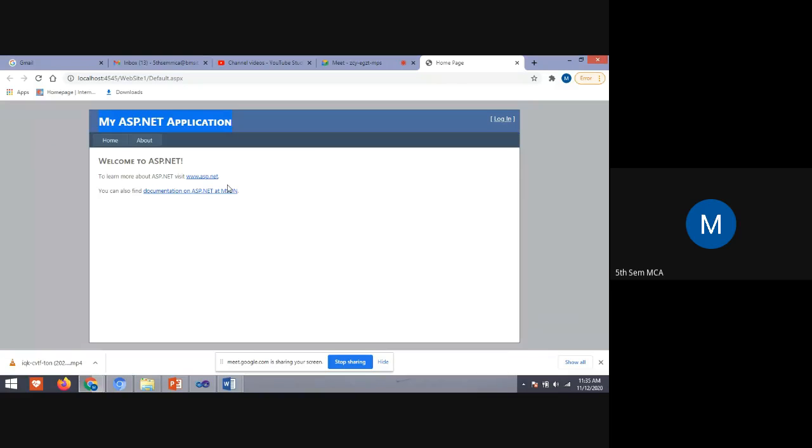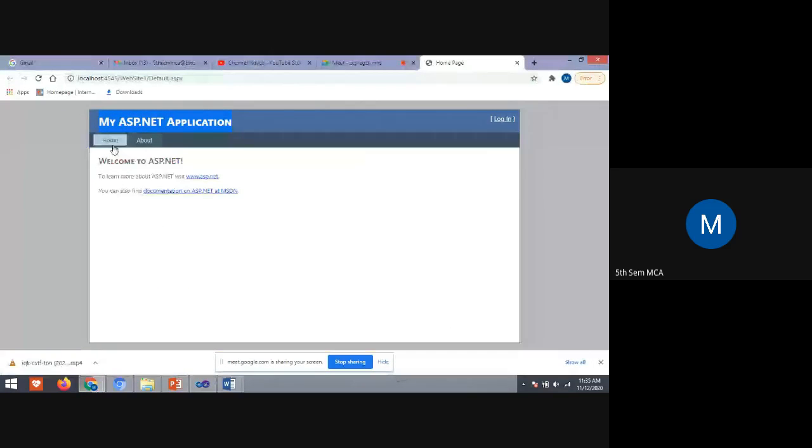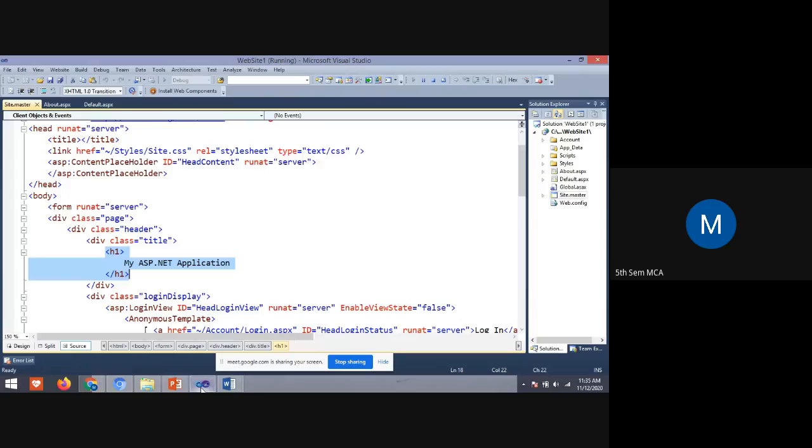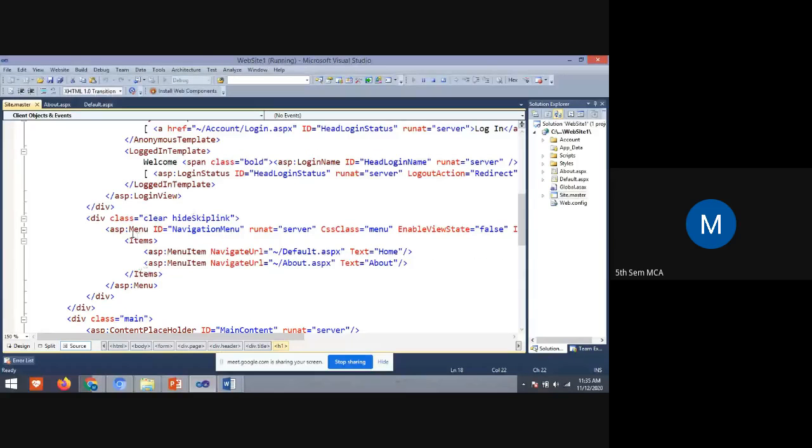Next, what is there in this web page? Home and About. Here we have a list of items. Here they have taken the navigator. They could have taken the anchor tag also, correct, no students?